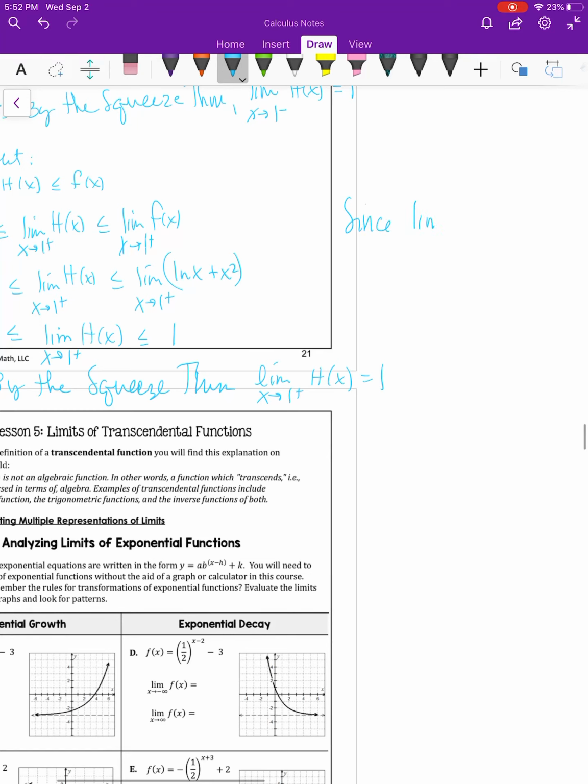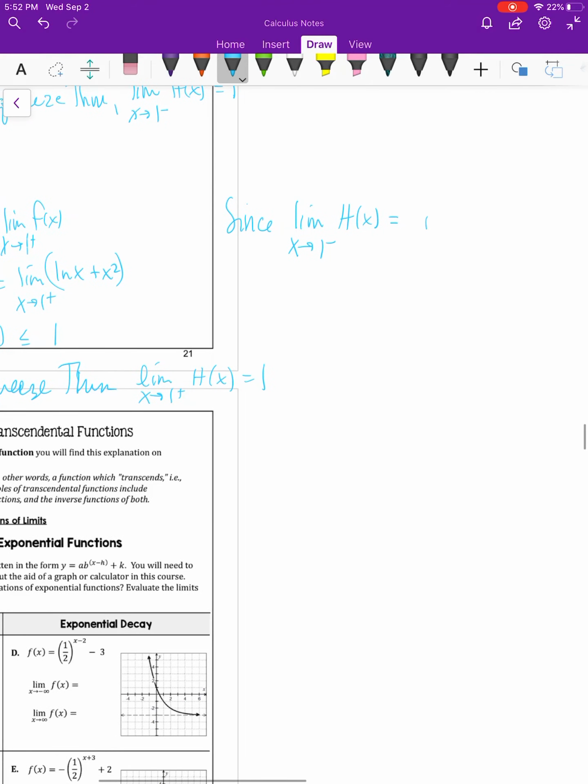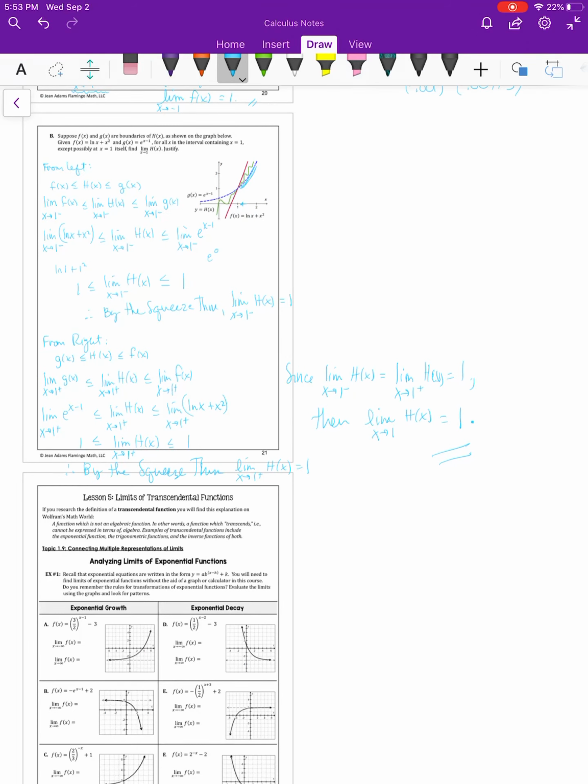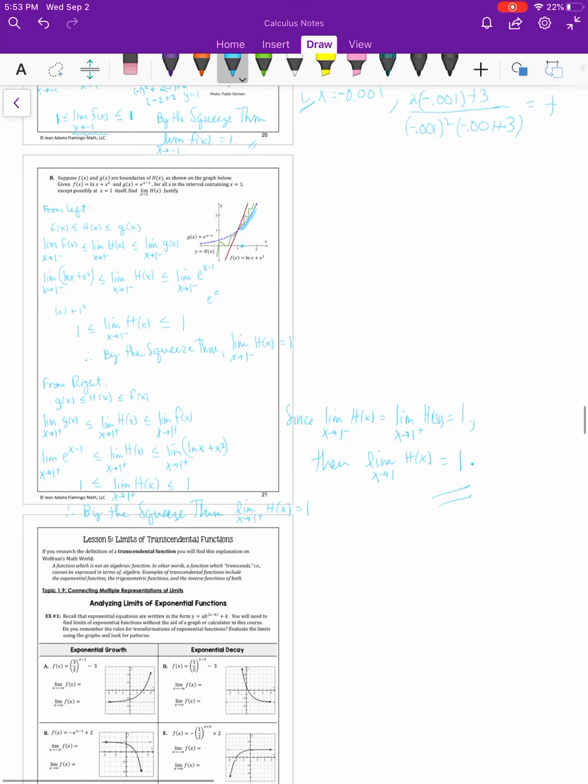And now, since the limit as x approaches 1 from the left of h of x equals the limit as x approaches 1 from the right of h of x equals 1, that tells us that the general limit as x approaches 1 of h of x is 1. Okay, if the left-hand limit is 1 and the right-hand limit is 1, that means your general limit is 1, which is what they were trying to have us prove. Okay, and that is the end of your